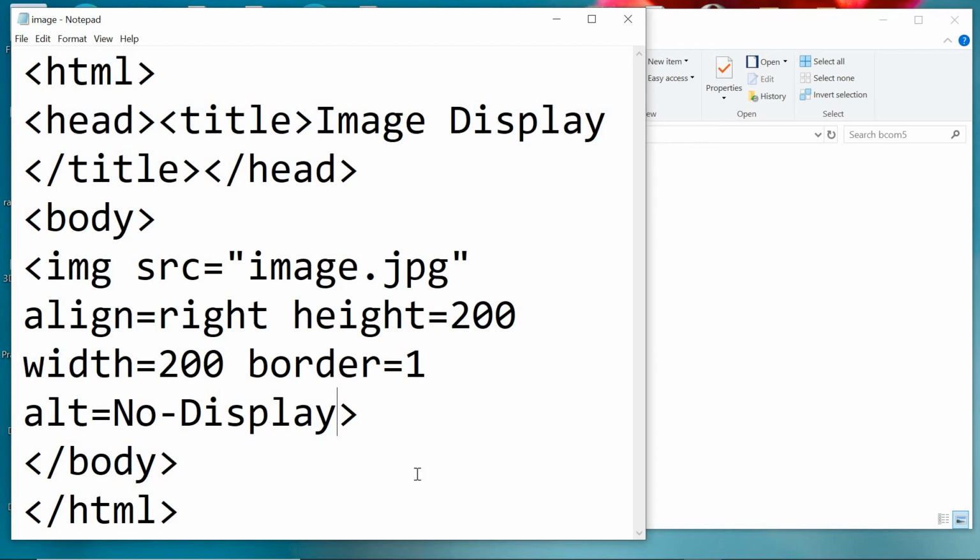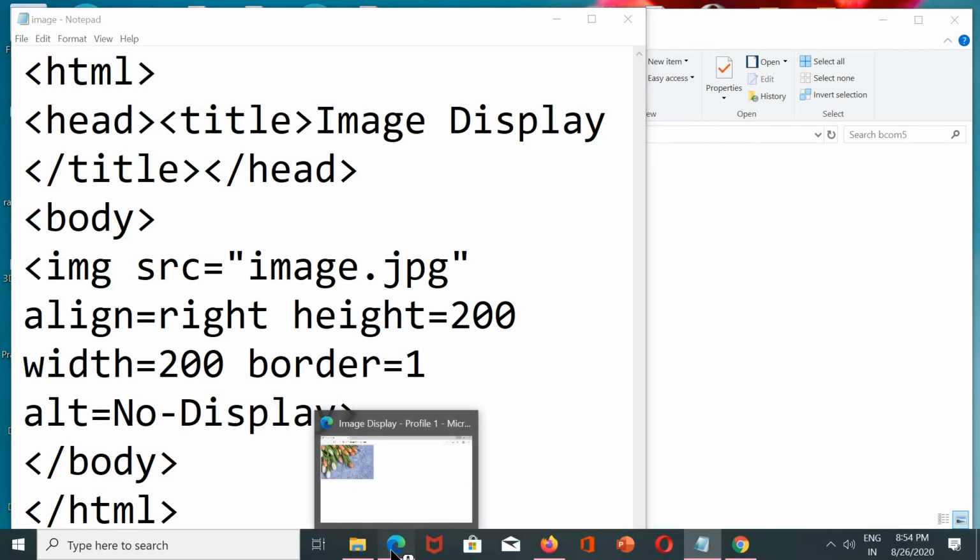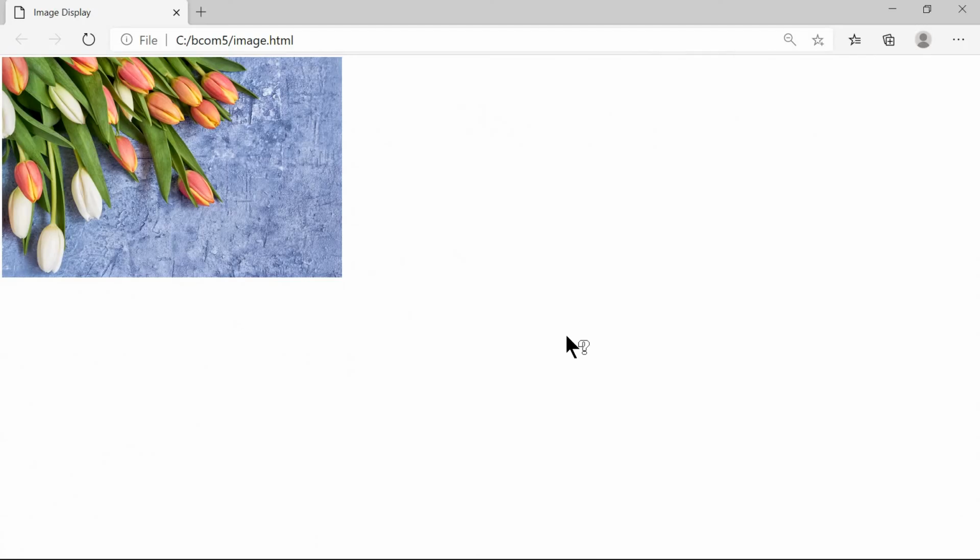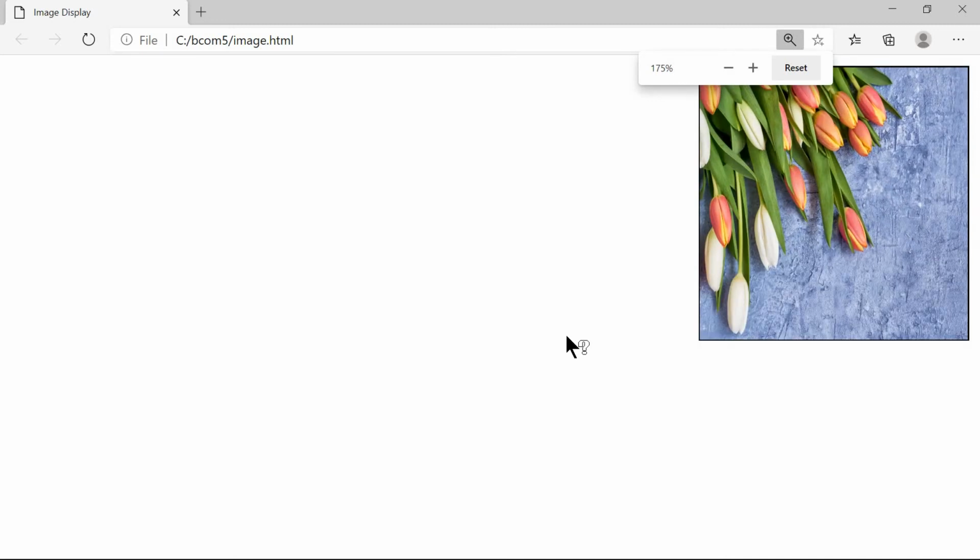Go back to the browser and reload by pressing function key F5. Right now the image is placed on the right hand side of the window and the border is also applied.